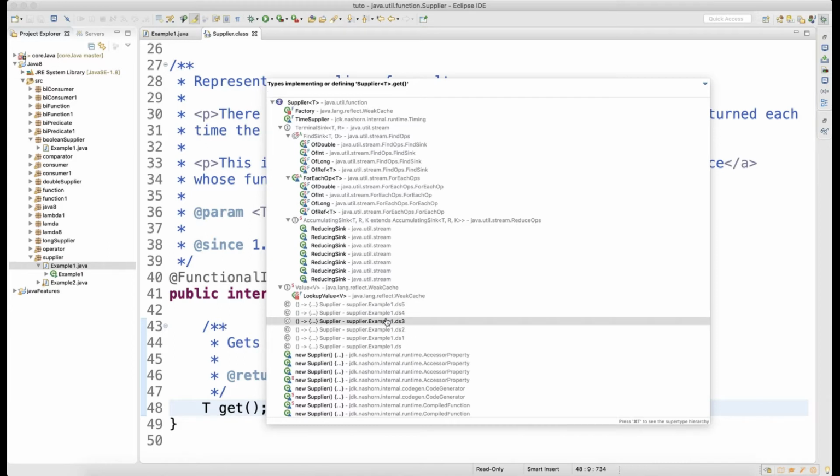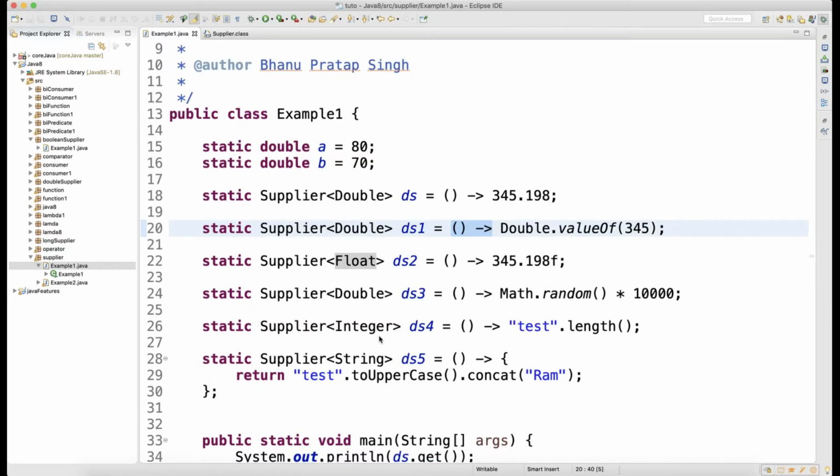You can see Supplier example one, right? So let me click on any of these. If I click on this, see it is taking me here, which means this is the implementation of the get method. This is nothing but the function.